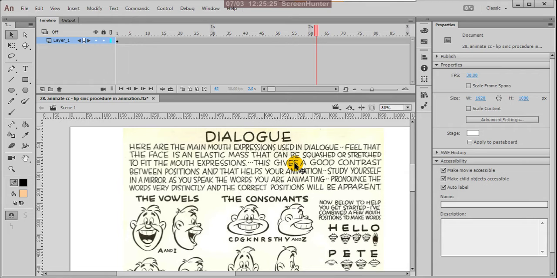The same method we apply in animation also. But here we have to exaggerate the same shape, or whatever position you feel in the mirror. The same thing when you apply it for a particular character, you have to exaggerate.